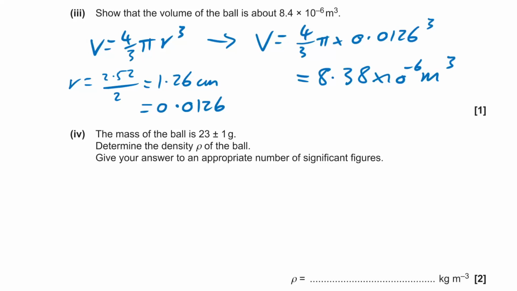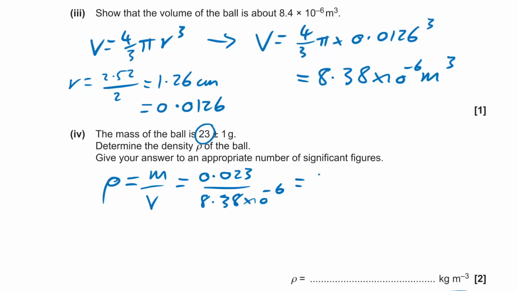Determine the density of the ball. Give your answer to an appropriate number of sig figs. Interesting. Well, we know that they've given that to 2 sig figs, so that means our answer must be to 2 sig figs too. So density is equal to mass divided by volume. So that is 23, but of course we have kilograms per meter cubed there, so we're going to say 0.023 divided by the volume, and that gives me an answer of 2,751, but we need that to 2 sig figs, so we're going to say